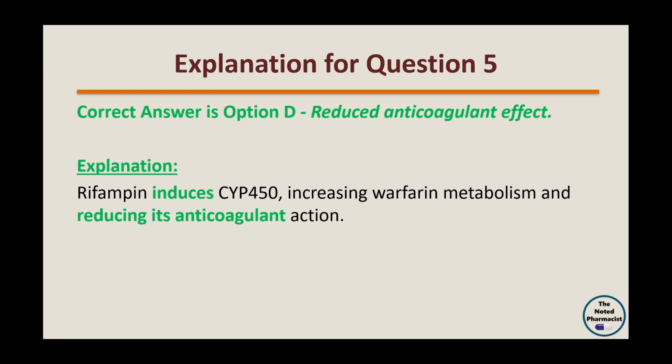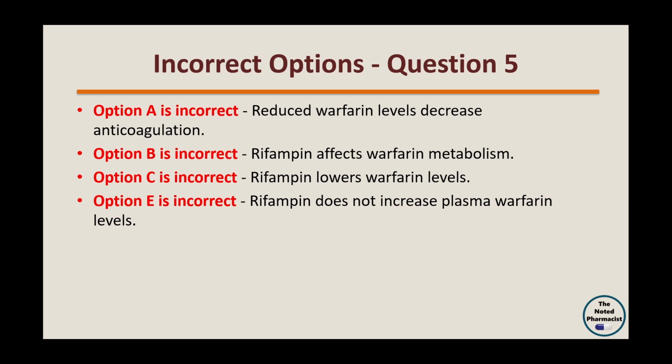Here is the explanation for the incorrect options. Option A is incorrect because reduced warfarin levels decrease, not increase, anticoagulation. Option B is incorrect as rifampin has a major effect by inducing warfarin metabolism. Option C is incorrect because rifampin reduces, rather than enhances, warfarin's